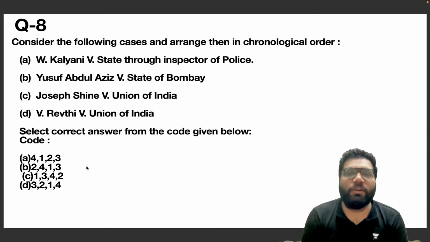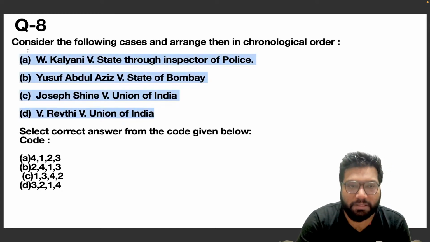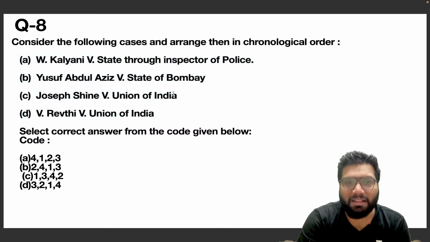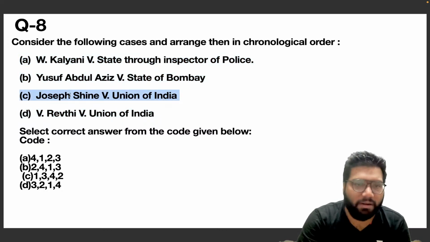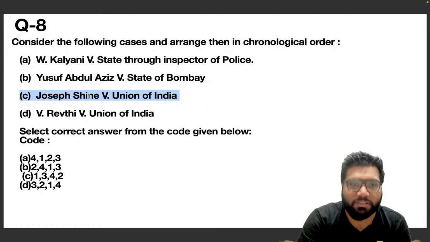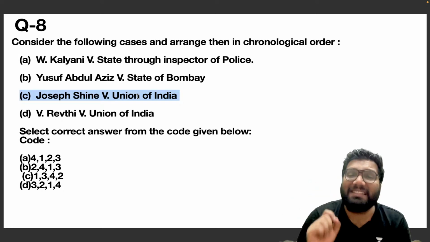Now let me tell you students, all these 4 judgments are landmark judgments on the concept of adultery. The latest one, I hope everyone remembers, Joseph Shine versus Union of India 2018. Now the question is, which one was the first? Now let me tell you one interesting fact. In all these 3 cases,